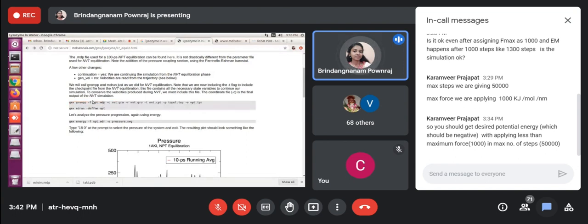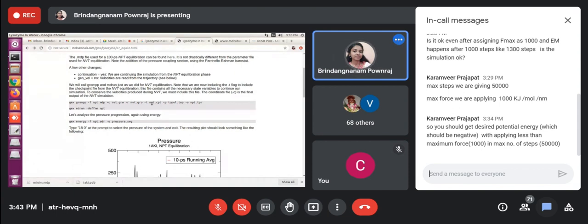So here I'm giving the structure file npt.mdp and then the coordinate file, the .gro file, then again .gro, then the cpt, which means checkpoint file. The checkpoint file will have information on how many steps have been done so far.